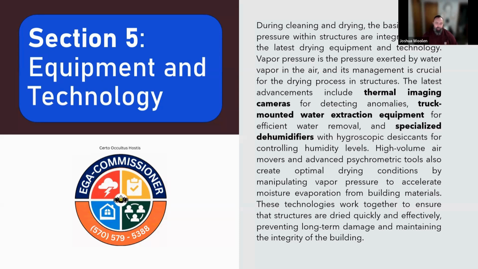They can control the humidity and the temperature, and the ventilation from the HVAC system, or opening up the building to burp it and do all these other things. But the restorer, the cleaner, has to always be brought into the discussion on how to set up the equipment and how to use the tools to create these drying environments, right?